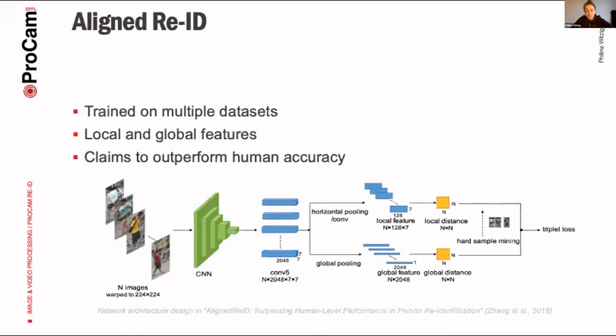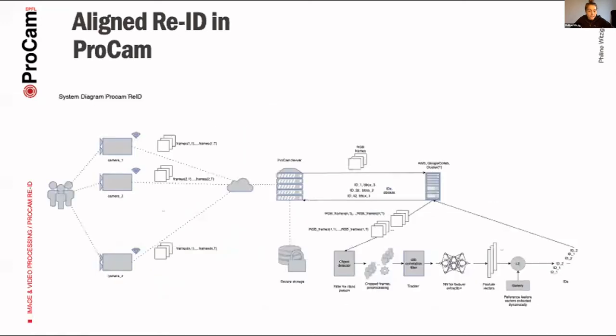And these descriptions are then separated into local and global features. And this is the unique part about this network, that these features are trained jointly. And the global features highly benefit from the information contained in these local features, which are information on the horizontal basis. So luckily, this network was already implemented and trained in Python, so I could directly take it and integrate